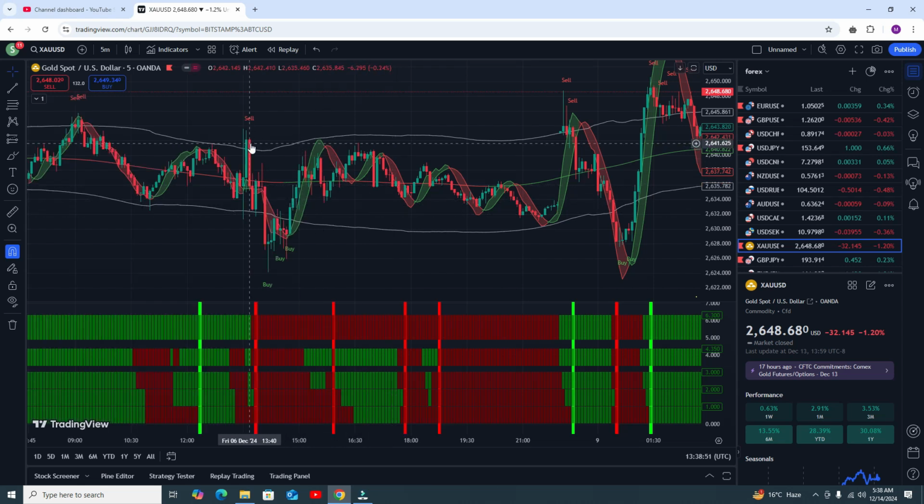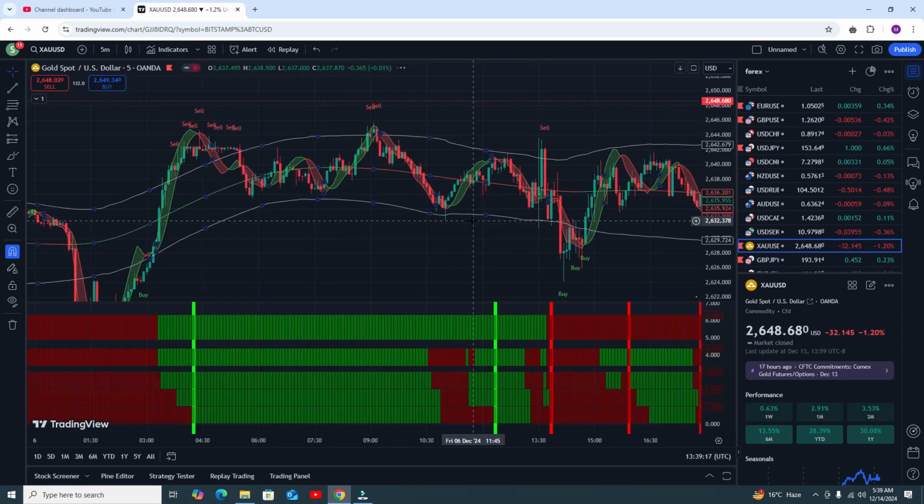Now this one, not this one, because when you got the sell signal, this was a green one, so this is not our trade. But if you want, you can go for the buy trade from this point, this candle. But if you go for the sell trade, you can see that the profit is so small, so that's why I don't recommend this type of trade.